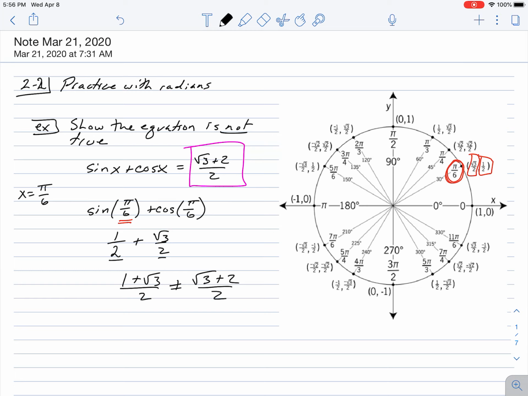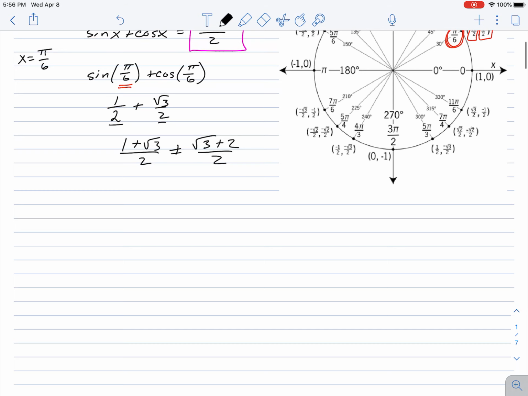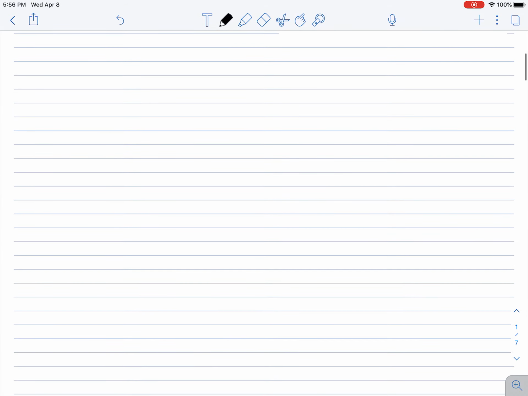The main issue is I just want you to get used to looking at radians and pulling off the values off the unit circle. Again, that's one of the most important things that we're going to do this chapter, and one of the most important things to carry over to calculus. The other type of problems in this section are what I like to call triangle problems. So we're going to say find the tangent of x